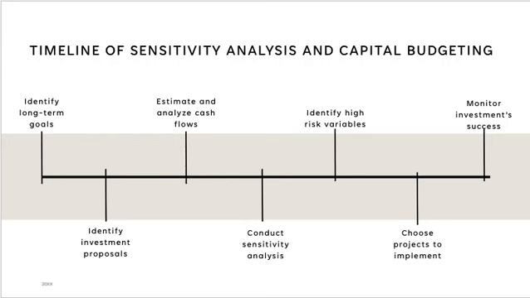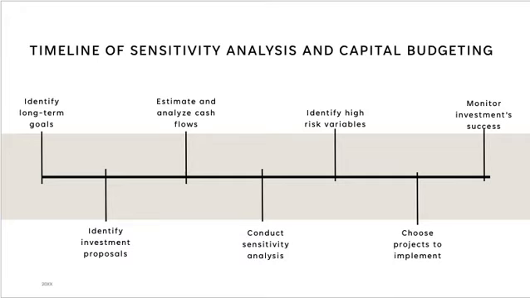So here's a timeline of how sensitivity analysis fits into capital budgeting. The first step of capital budgeting is identifying the long-term goals of the company, and you're then going to identify potential investment ideas that would meet those goals. You're going to estimate and analyze the relevant cash flows of each investment proposal, and then you're going to conduct your sensitivity analysis to look at the impact of incorrect estimations on the outcome of each project. This will help determine the risk of each project and what variables you may want to focus more on during